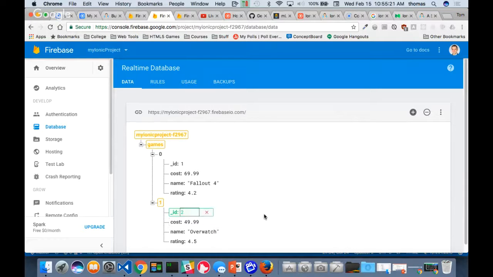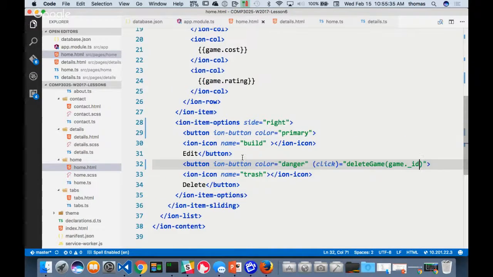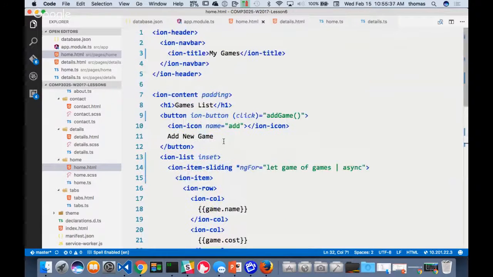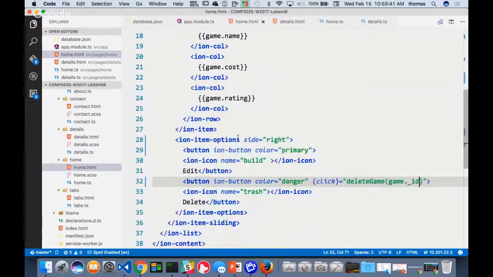Now it's underscore ID that I have to use, not ID. And let's see if that's the problem. So here, game underscore ID. Underscore ID. So delete game, pass it in. And whatever this game is, hopefully it'll pass for this particular object. Now I wonder if this, Anthony, this is where it goes a little nuts, because do I even have